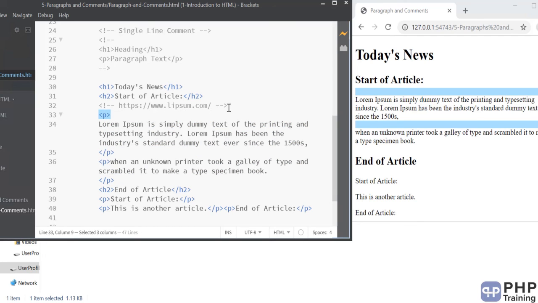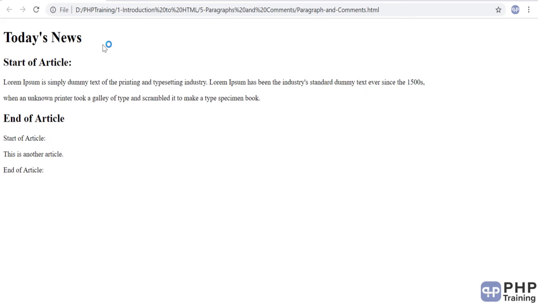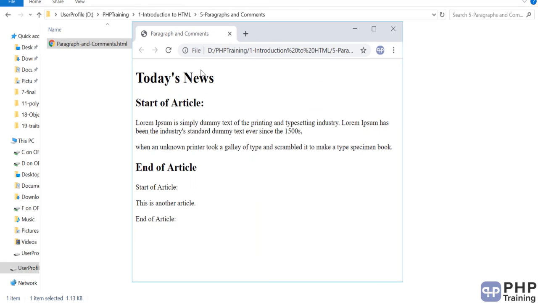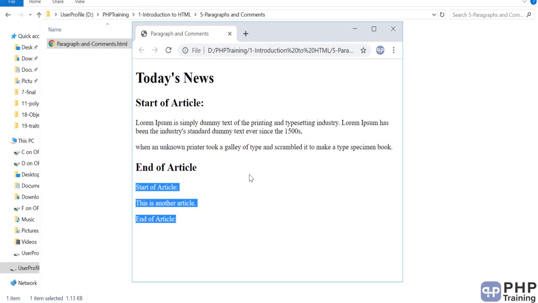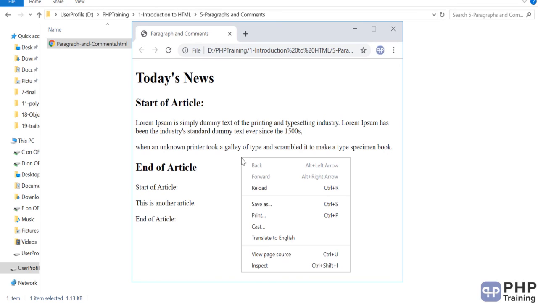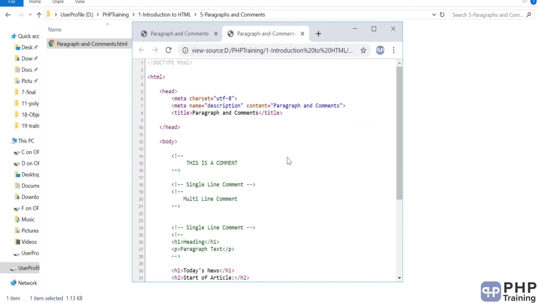Okay, so here's how your HTML file looks. Let's open our actual file, double click this. Okay, this is how your HTML file will look. You can see this is our heading tag, h1 tag, this is your h2 tag, and this is your paragraph tags. Then you have h2 tag, then all these are paragraph tags. To see the source code, right click on it, view page source, and you should be able to see the source code.